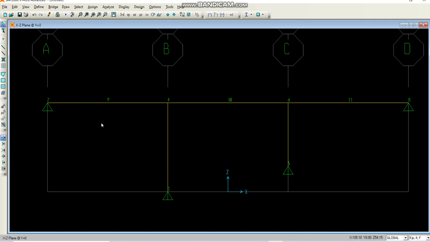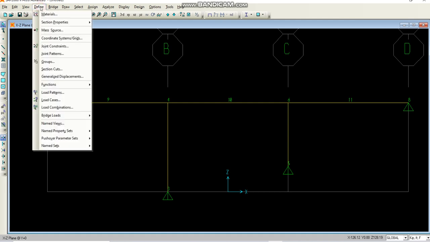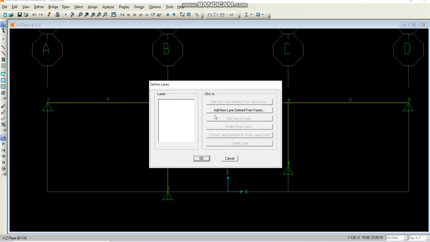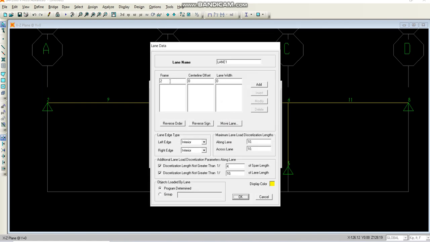So now starting from the same point where we left off in the previous video, going to the bridge loads, first we will define the lanes, right? Because as of now we haven't defined the lanes. The only option highlighted, we will click it, and okay, let me show you what we are putting here,